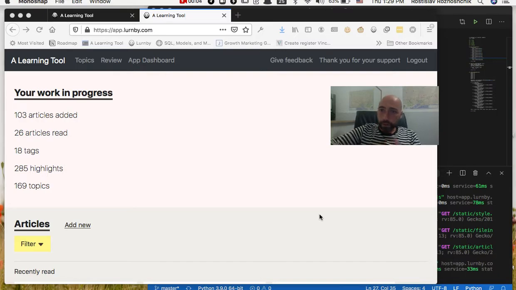Lava from Lurnby here. So I wanted to talk a little bit about some of the changes that I've released to the application recently. So one of the things that's definitely come to my attention is that when usage scales,